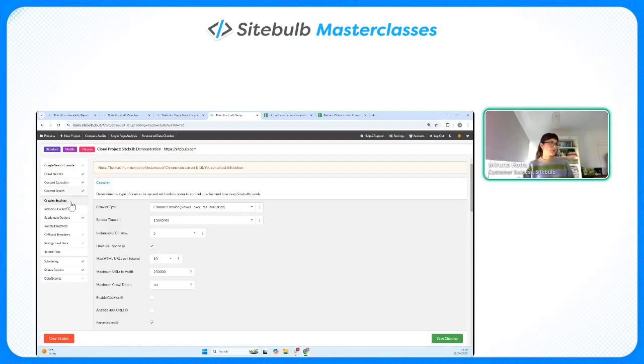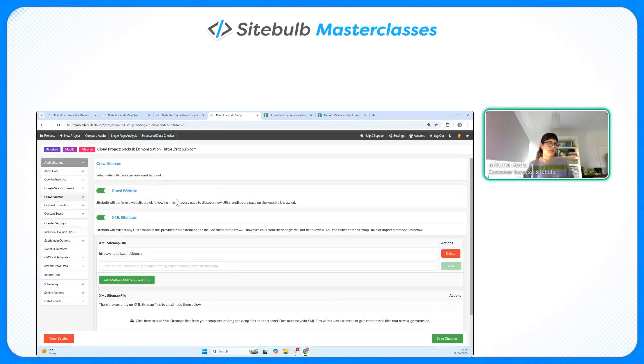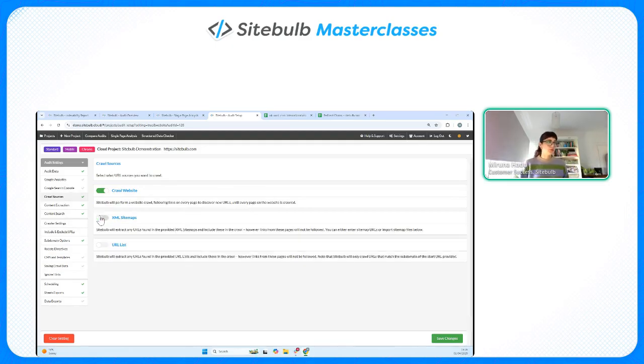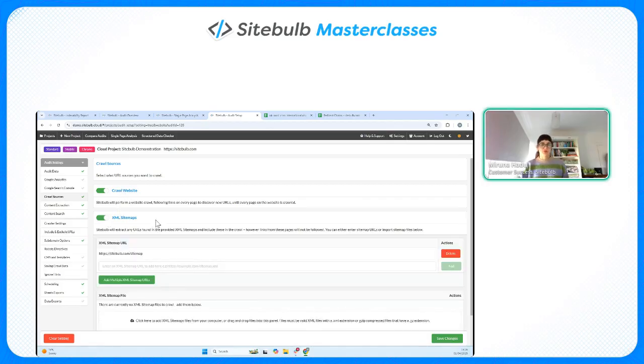The next thing to take into account in order to make sure that you get all the data you need is your crawl sources. By default, Sitebulb will only be using crawl website as a crawl source. But if you're dealing with a website with poor internal linking or poor architecture, you might find that Sitebulb doesn't find every single internal URL, because what it is doing with this crawl source is essentially finding those internal links and following them in order to discover new URLs. You can add your XML sitemap to make sure that all of your key pages are being crawled, but you also have the option,